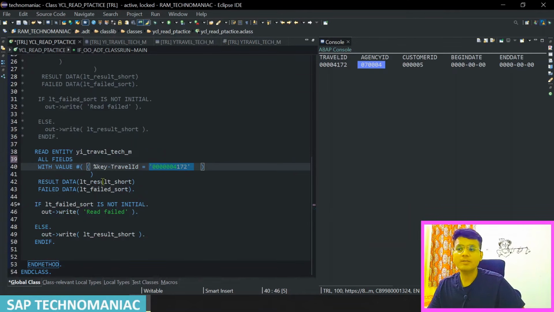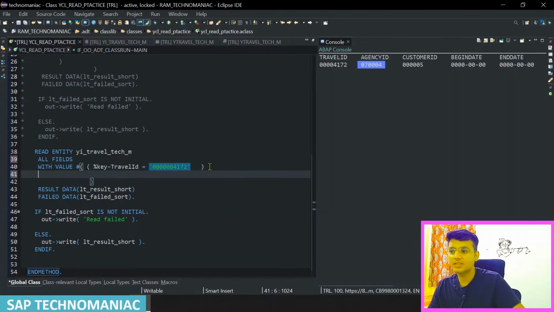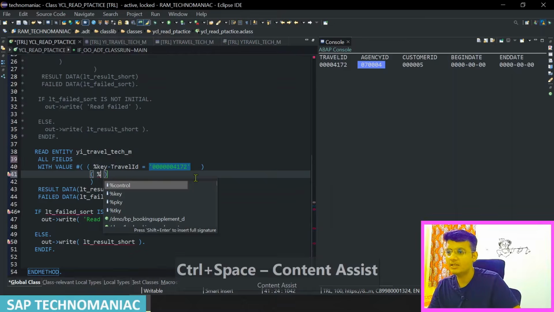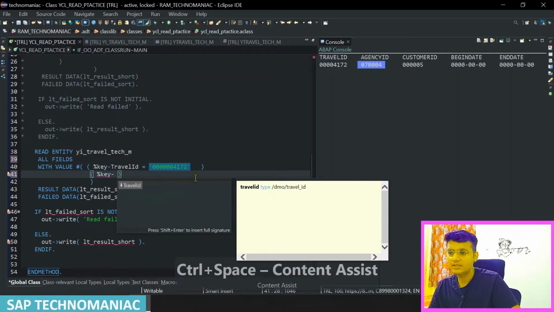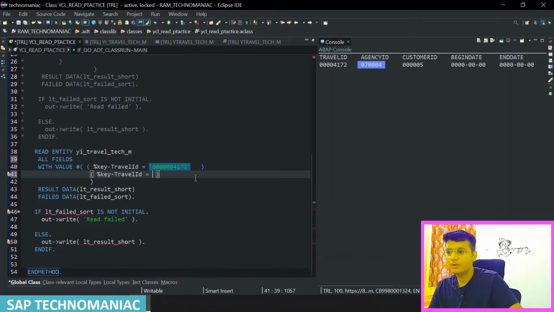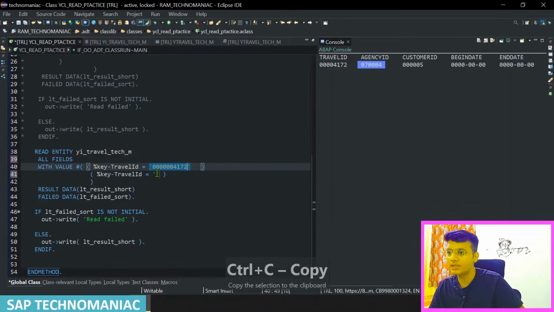Like that also you can specify, if you want to specify multiple travel IDs. Since this is the work area, you can specify percentage key, another travel ID along with this travel ID. You can get multiple instances as well. For example, I want to specify another travel ID as well along with this one, percentage key travel ID equal to, along with this, I want to read the 70 as well,